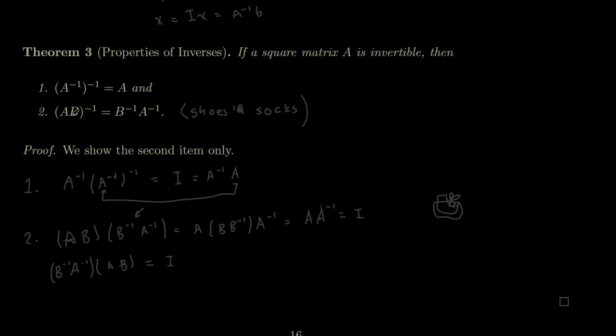When you want to take your shoes and your socks off, you don't start by taking off your socks. You start first by taking off your shoes, and then you take your socks off. I'm reading from right to left because that's how you apply operations. That's why it's called shoes and socks: when you do the inverse, you have to do it in the opposite order. And that's also true, for example, when you're doing the antiderivative of x to the n,